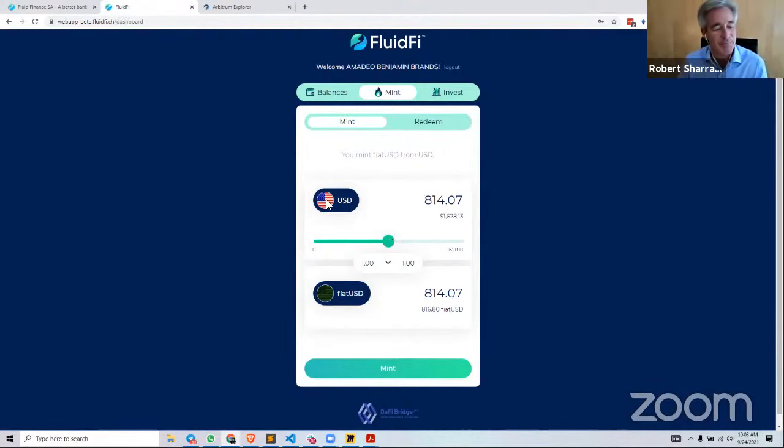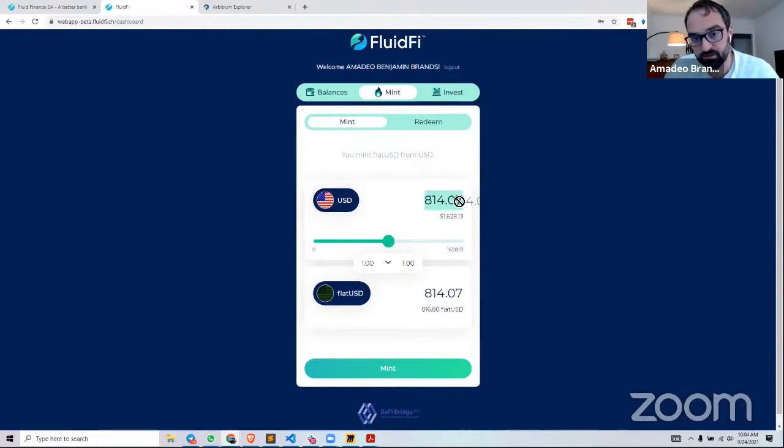In this way, there's actually a treasury account held by the DeFi Bridge DAO that will be launched in Monaco. The US dollars will be sent to that treasury account, and from that treasury account, the fiat USD is minted. And it's always inspectable. We're working now with Chainlink to make the checking of these accounts even more decentralized. But in theory, everybody can check the treasury balance and see how much is in there. The contracts also enforce that we can never mint more fiat USD than there is actually in the treasury account. So let's give that a try.